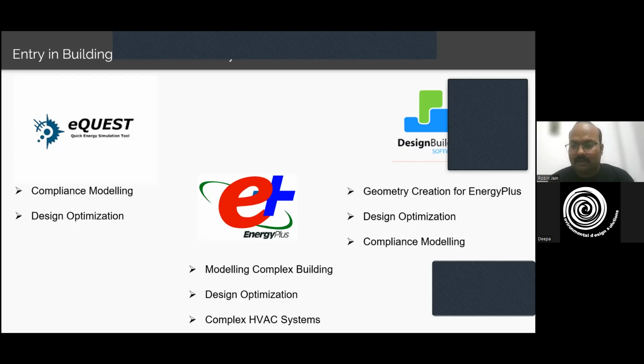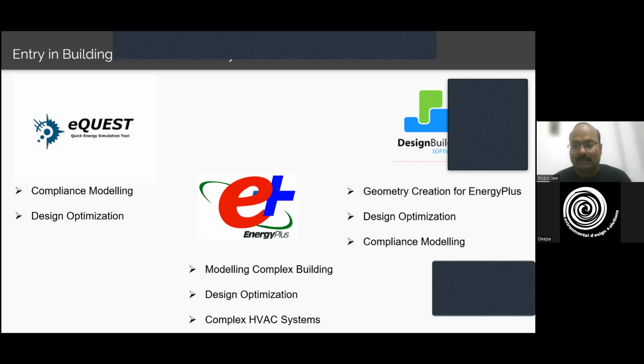So finally I used DesignBuilder software for the creation of geometry, then imported that model into EnergyPlus for further work. That's how I moved from EQS to EnergyPlus and DesignBuilder and started modeling more complex buildings,